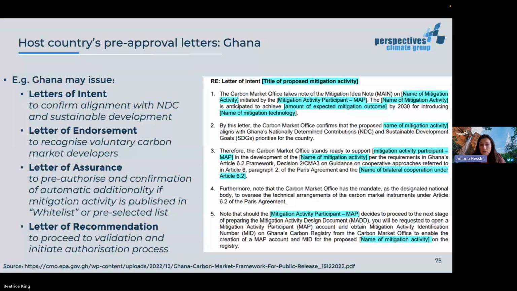Then there is a letter of endorsement to recognize voluntary carbon market developers as well. A letter of assurance, like a pre-authorization and confirmation of automatic additionality if the mitigation activity is on Ghana's whitelist. And then the letter of recommendation that precedes the validation and also initiates the authorization process. Going on to the next slide,